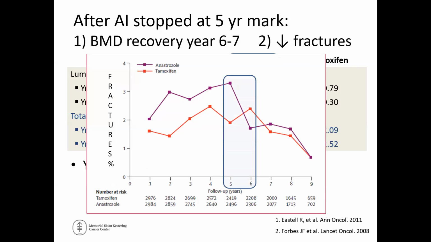The difference in fractures here is apparent after the drug is stopped. The aromatase inhibitor or the tamoxifen is stopped at the 5-year mark, and the groups merge in terms of fracture incidence. So that's good in that if the AI is going to be stopped, I think, anybody can chime in, but